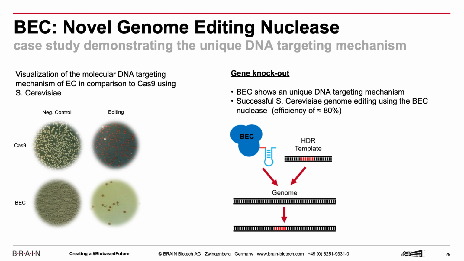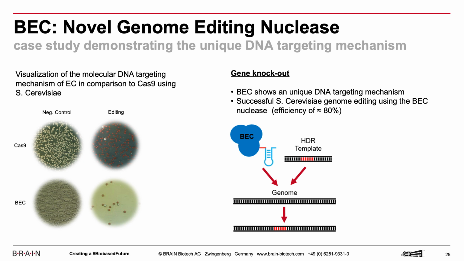And then, if we're able to knock out the gene, the phenotype changes from white to red. So it's really easy to monitor if the genome editing has happened or not. The results are shown on the left side, and what you can see is that in the negative control, first with Cas9, you can see a plate full of white colonies, and then when we activate the Cas9, the colonies change from white to red, which shows that we were able to successfully edit the genome of the Saccharomyces cerevisiae